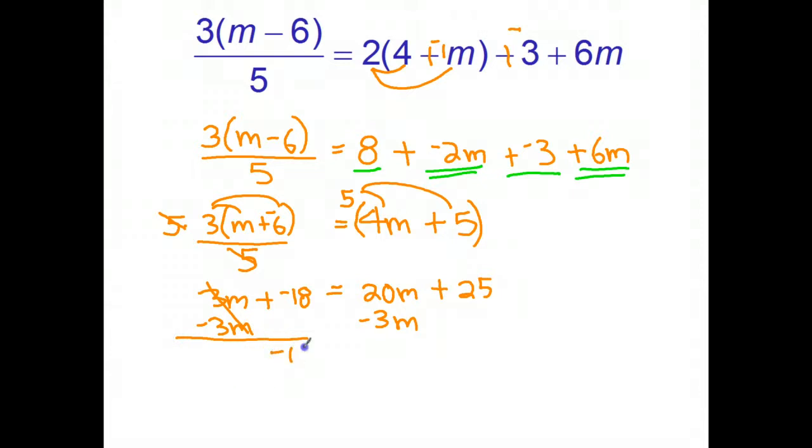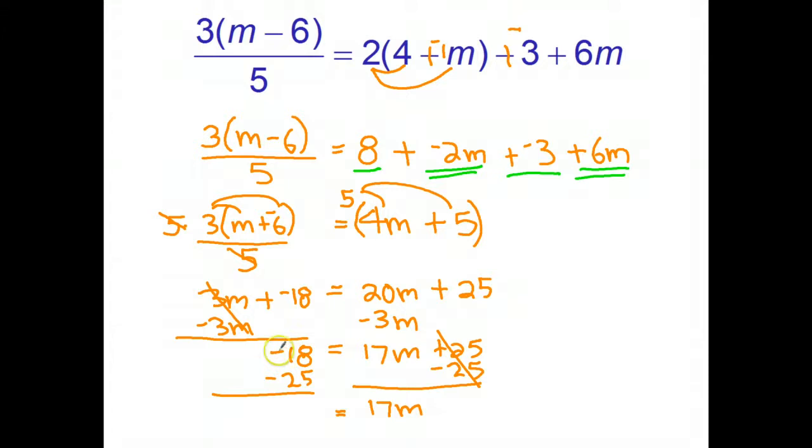That leaves just negative 18 on that side. 20m take 3m is 17m plus 25. We're getting closer. Okay, we always undo adding before we undo multiplying. So I subtract 25 from both sides, like so. Again, they cancel out, leaving just 17m